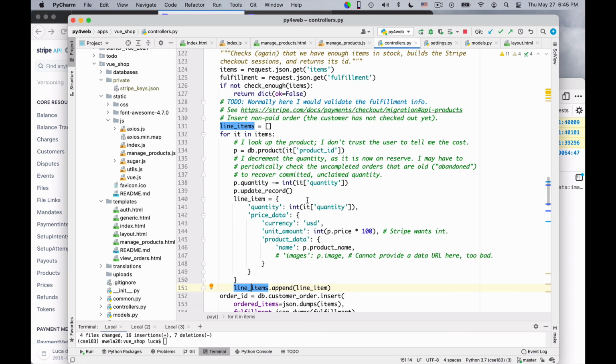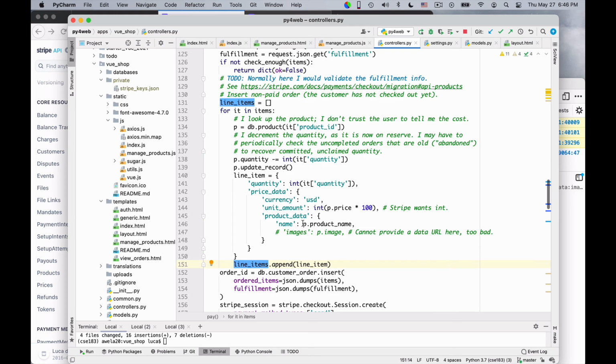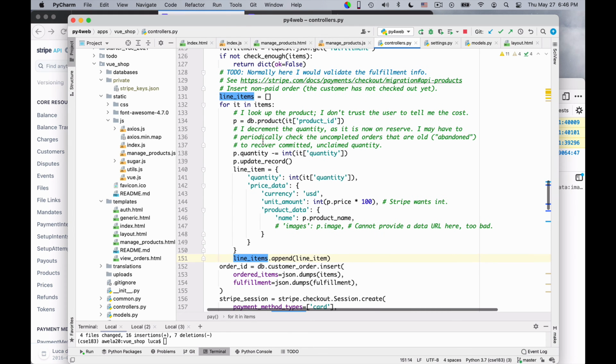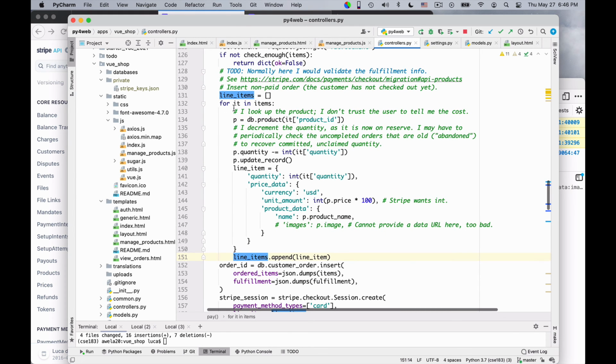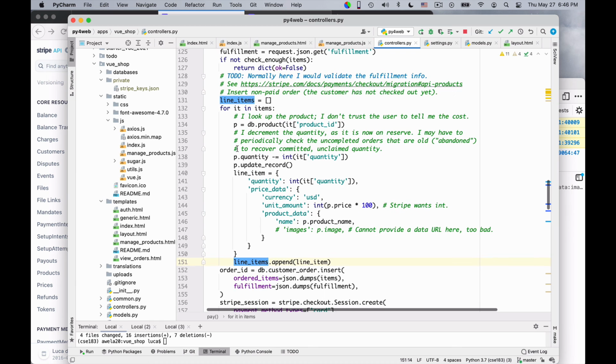And so you could generate a nice looking image of what the user is about to pay. Remember also that the prices are in cents. If you use USD as a currency, Stripe accepts payments in any currency, so you can also change your due amount to be in other things than USD, for example, euros. And once you prepare these, this is your way to tell Stripe what the user is paying for.